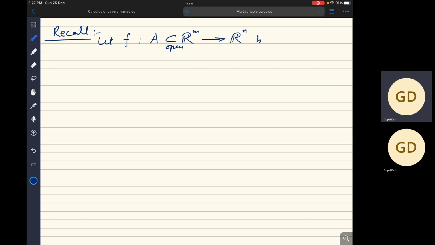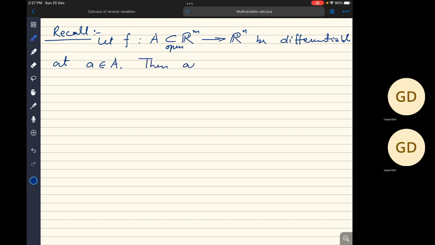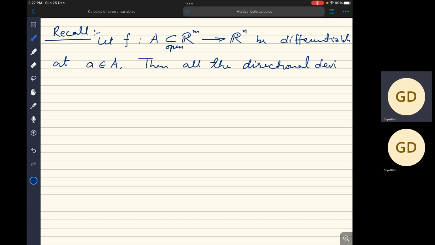Let this be differentiable at a point a in A. If we have this, then all the directional derivatives of f exist, and f dash, this directional derivative is given by,